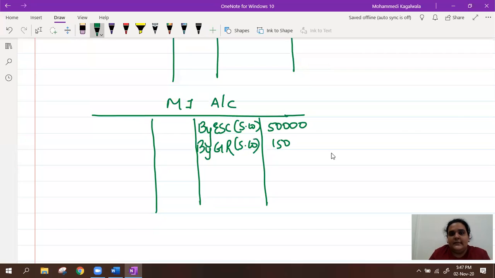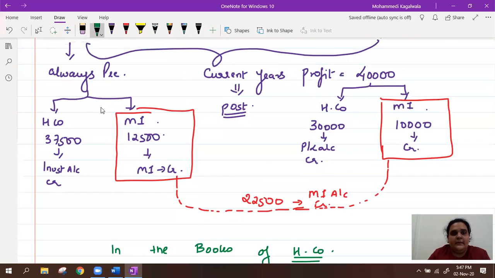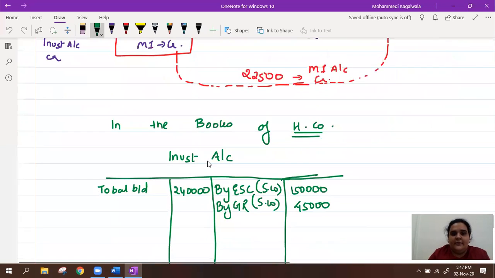15,000. हो गया, सेकेंड भी खत्म. अभी लास्ट P&L. P&L का पहले प्री कर लेते हैं. होल्डिंग कंपनी में कितना है? 37,500. सो बाय